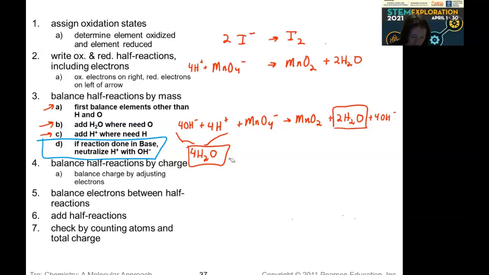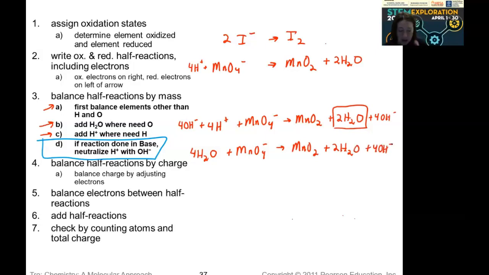Okay, so now I'm just gonna rewrite this with water. So it's 4 waters plus MnO4 minus goes to MnO2 plus 2 waters plus 4 OH minuses. Okay, so now we're at this piece right here. Balance the charge by adding electrons. And so it just always ends up the same. So if we look at this one here, we have